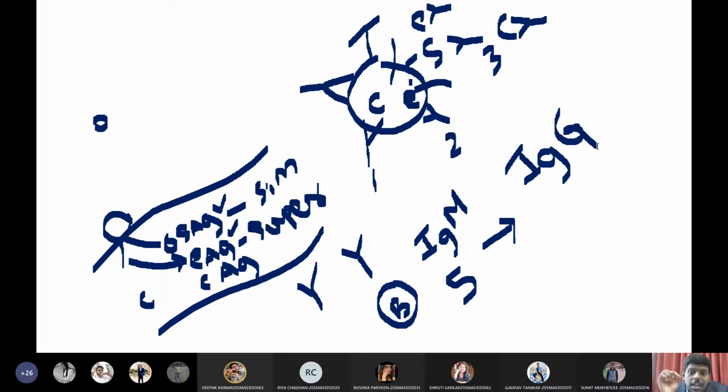Presence of IgG antibodies in the circulation indicates the patient has recovered from the infection. So if we find IgG antibodies in the circulation, that indicates it's a safe side. Patient doesn't have any problem. That means his immune system successfully killed the virus. So IgG antibodies is always a safe thing. So presence of IgG antibodies indicates the patient has recovered from the past infection. Okay, so this is the significance of IgG antibodies.